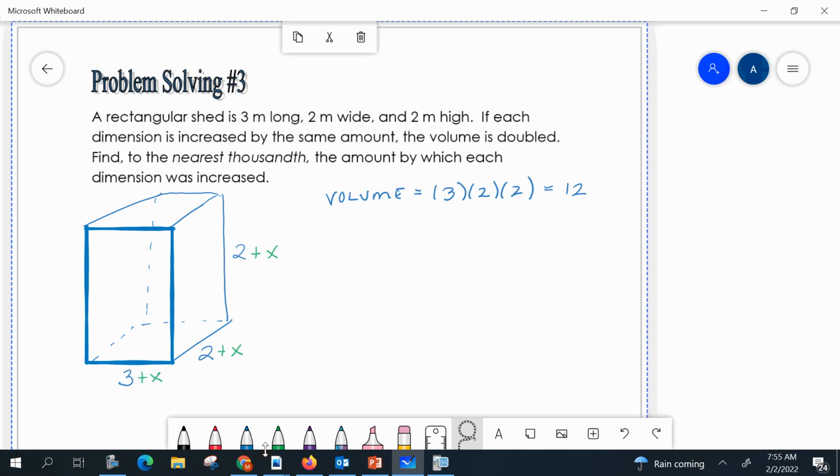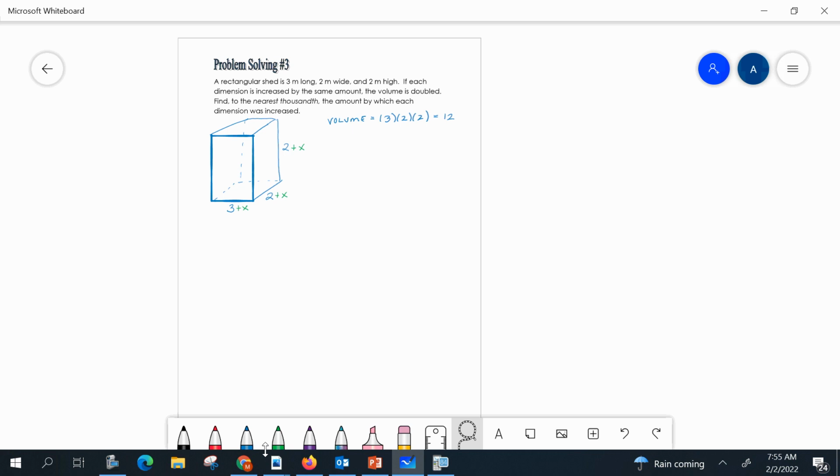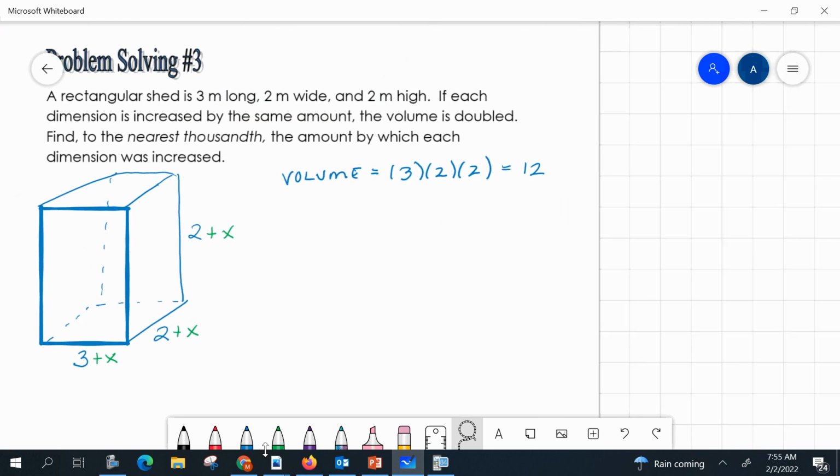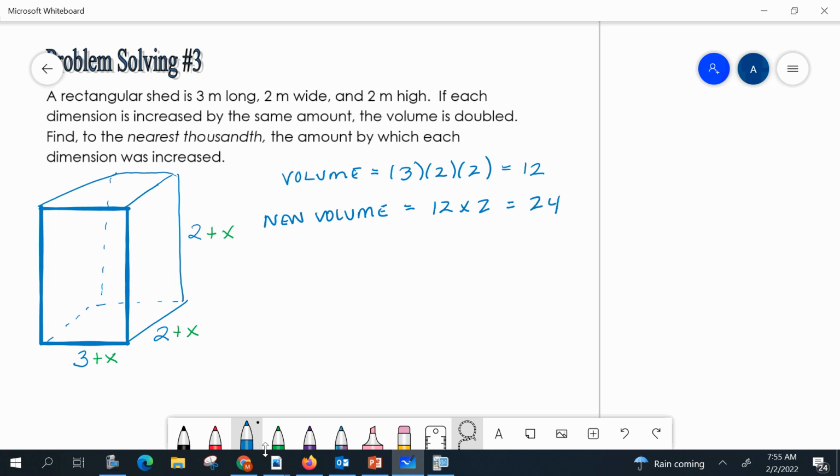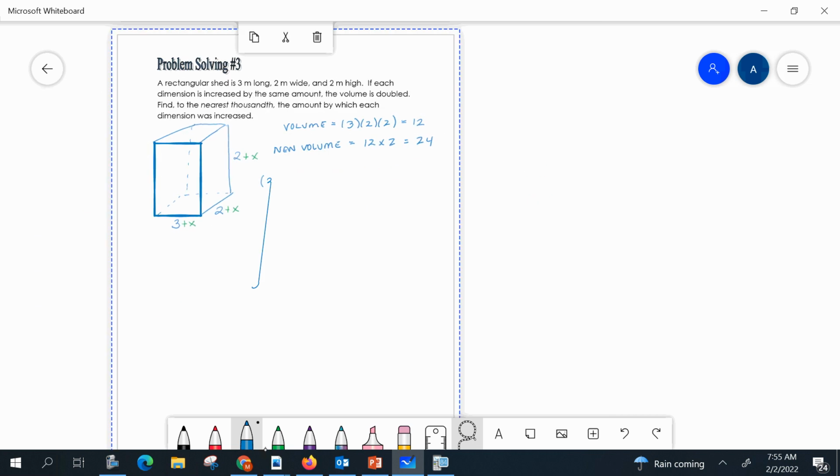So if the volume is doubled, the new volume is going to be 24. It's going to be 12 times 2 because it's doubled, so the new volume is 24. So what we're going to do is set up a polynomial to get the new volume. This is going to be the length 3 times,